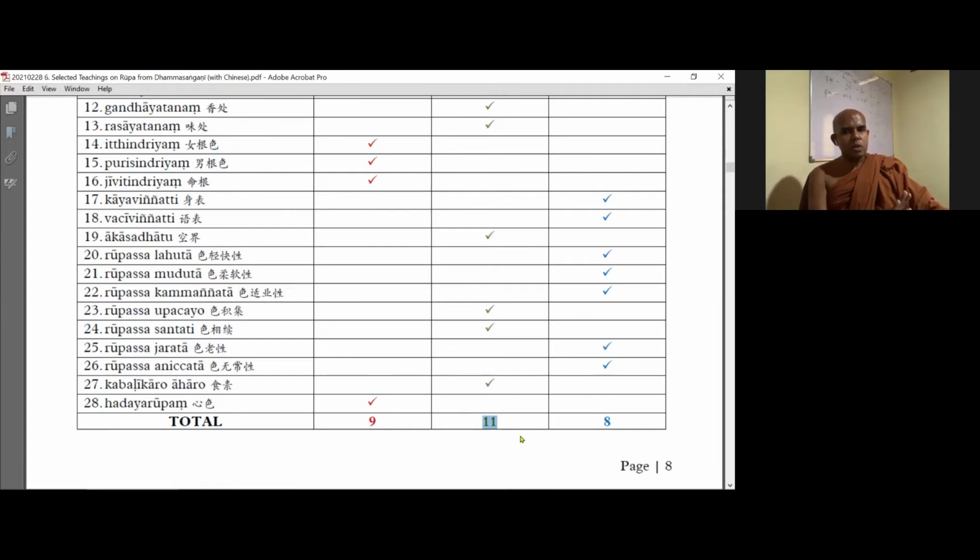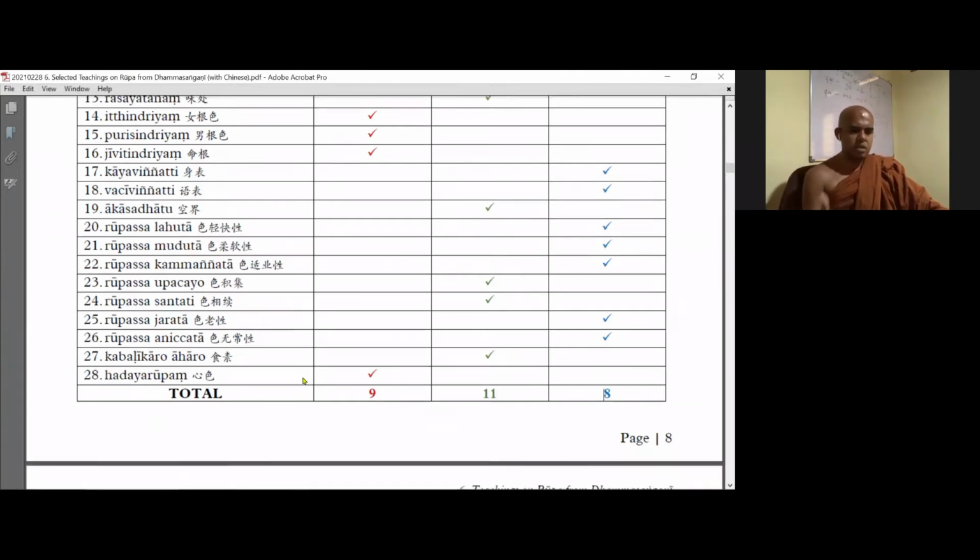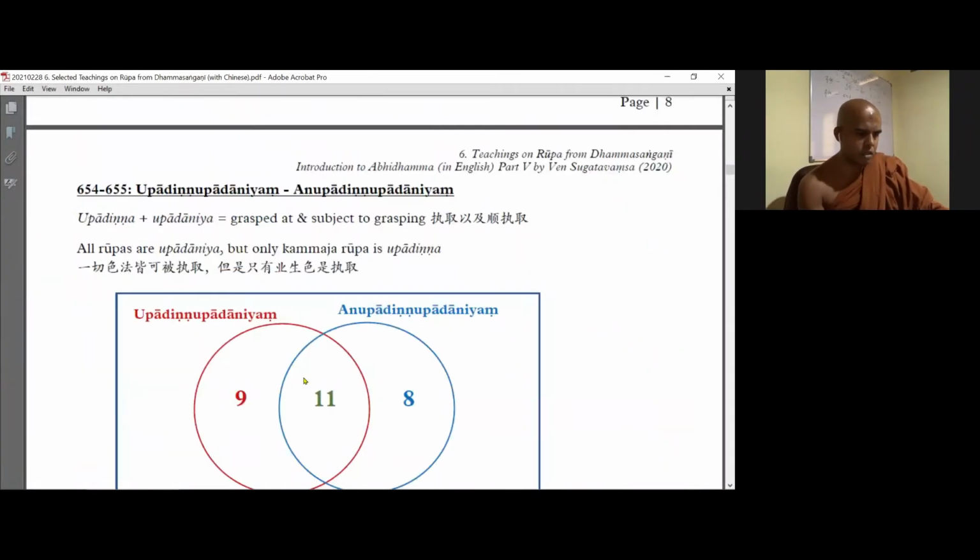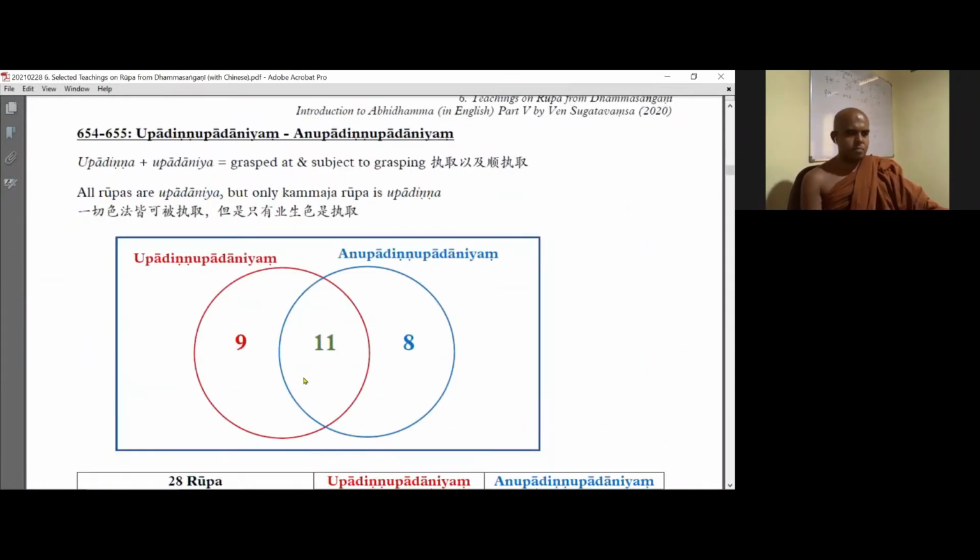But now we are not going to call the Kalapa group. This is individual Rupa. We are counting only individual Rupa. That's okay. You understand? Okay. Now we can go to the next group, quite similar with the last notes.